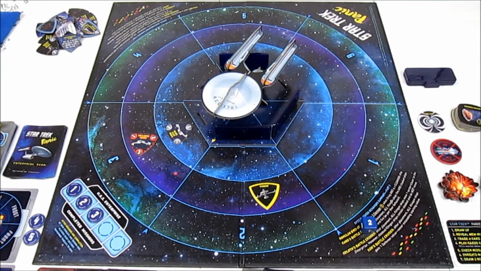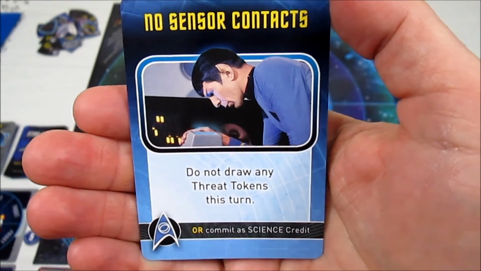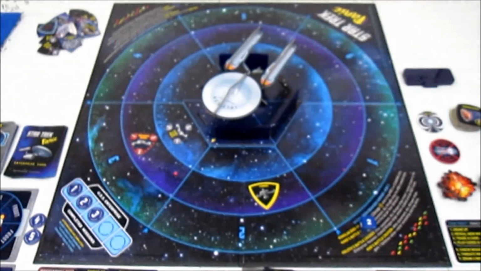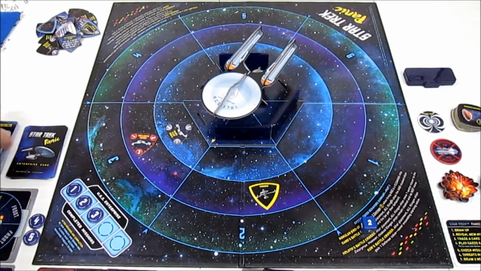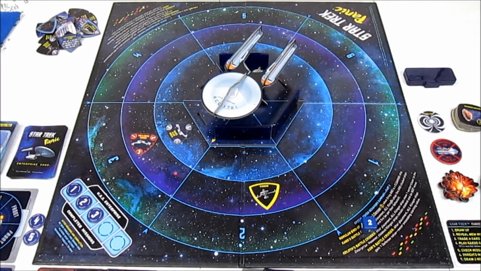All right, so it's play cards and maneuver. Well, we can't maneuver, but he can play cards. And just so we don't get too destroyed, Chekhov's going to play no sensor contacts. Do not draw any threat tokens this turn. So Chekhov is playing that for sure. And Chekhov is also going to...